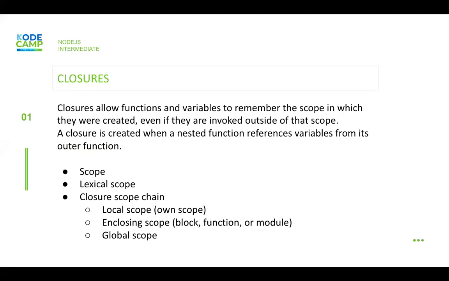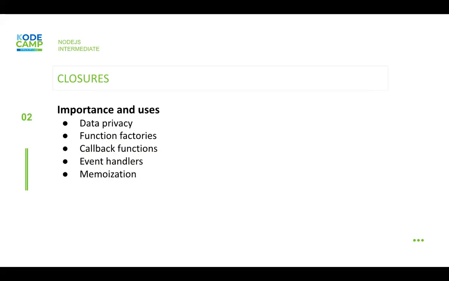We tried to understand the uses and importance of closures: data privacy, function factories, callback functions, event handlers, and memoization. How we can hide our data and then expose some methods for the users to use without